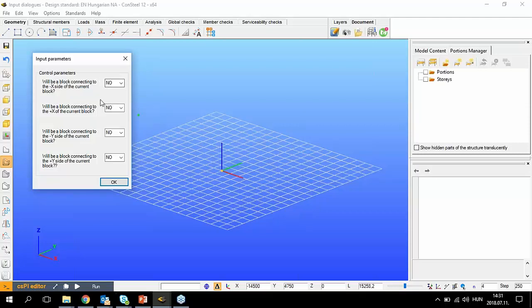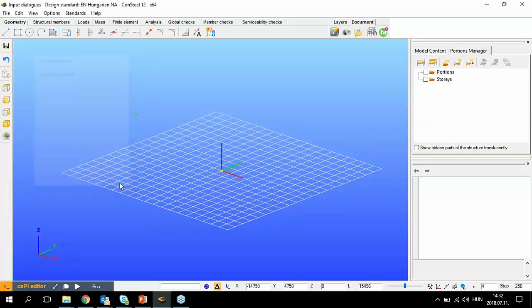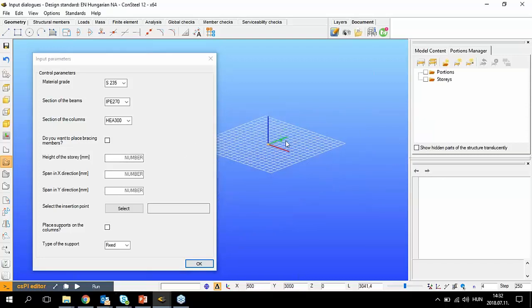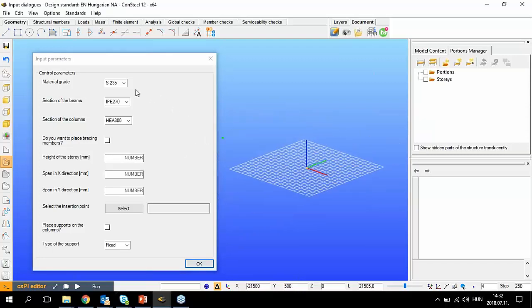Currently, these questions ask: does the user have a pre-created block in the model or not? So is this a first block which is created, or will it connect to an existing one? For example, if I would have a connecting block at the -x side of the current block to be generated, I would choose yes, but because this is the first one, I don't have to do anything on this dialog. And if I click on the OK button, I will receive my next dialog, where I can select